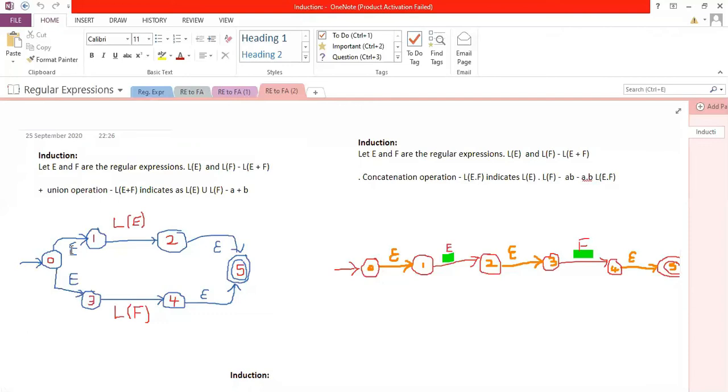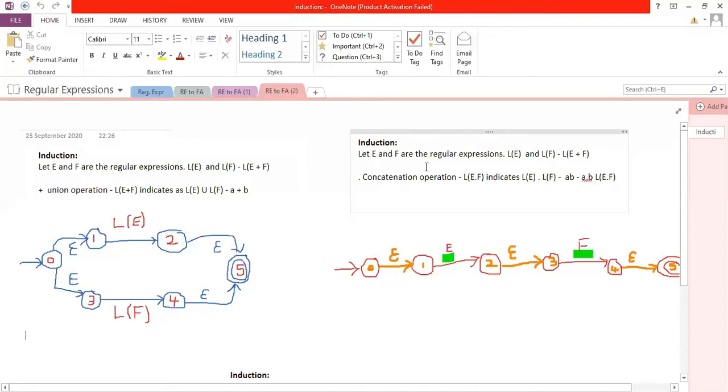If epsilon transitions were not there, we need to give some input symbol. Some input symbol again creates a problem. So epsilon transitions will be easy for us to deal with all these conversion techniques. I think it's clear where the upper part only will accept L of E, mean to say those symbols, then the lower part will accept L of F. It is pretty much easy to understand.